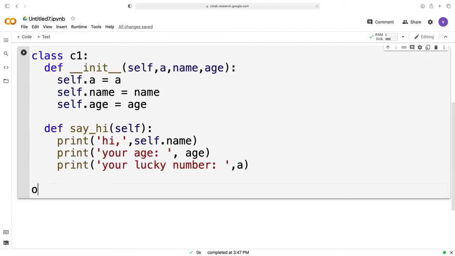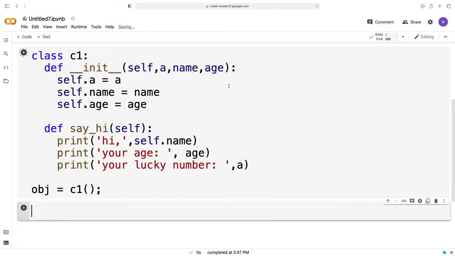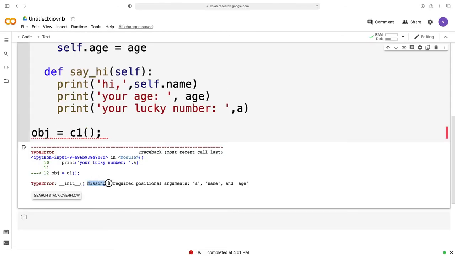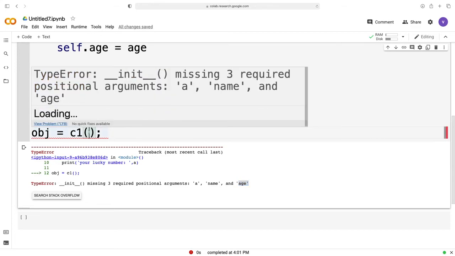And let's create an object of this class. obj is equal to C1 with parentheses, and if I run it like this, it will give me a type error saying missing three required positional arguments. First we need to pass a, then name, then age. So we are missing them, so we will add them over here.